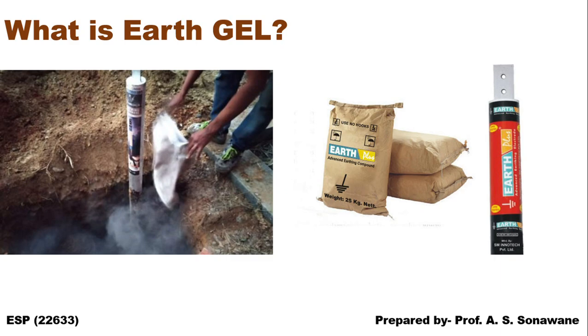Earth gel comes in kit form and comprises two 5 kg parts, which consist of a copper solution in one part and a complex mixture of chemicals in the other part. The one advantage of this compound is that it will not wash or leach away like many other resistance improving mixtures. So by using this compound, earth resistance can be improved dramatically. So in this way, we can improve system earthing by improving the earth resistance.